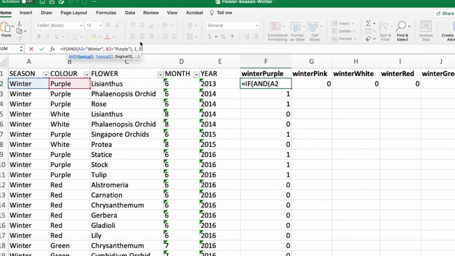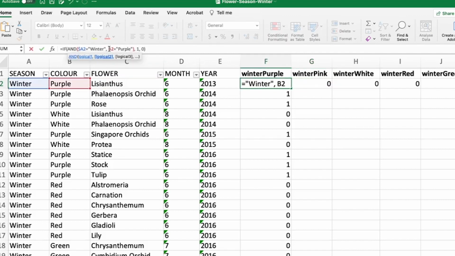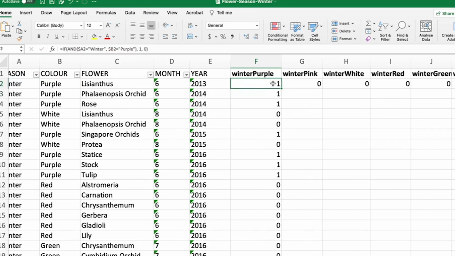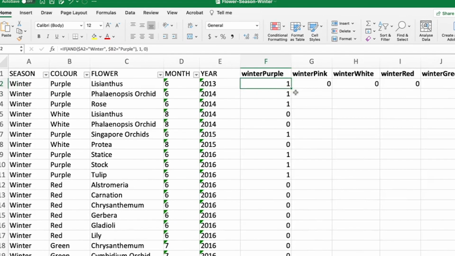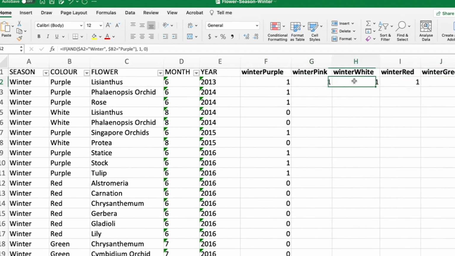What you could do is use the dollar sign. We don't want it to lock to this row only because we will want it to go downward, but we will want to lock its column. We're going to, wrong one, this one, A2 and B2. And we're going to place the dollar sign in front of the column because we want it to lock there. And so if I press enter, and if I autofill this, I go to the bottom right of the cell and wait until it has a black plus sign, and I'm just dragging it across for all the colors. It's no longer